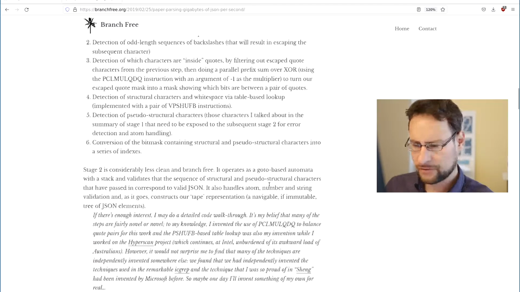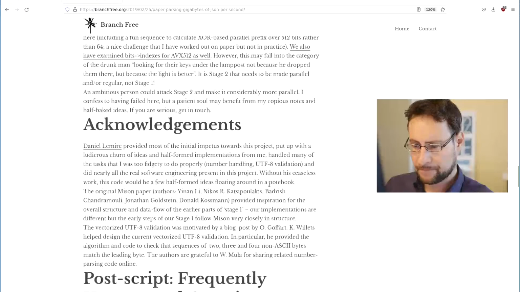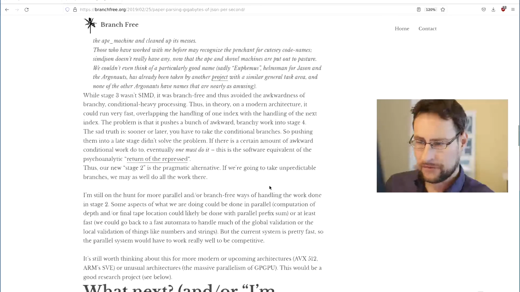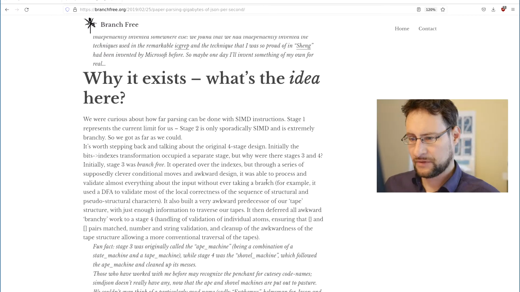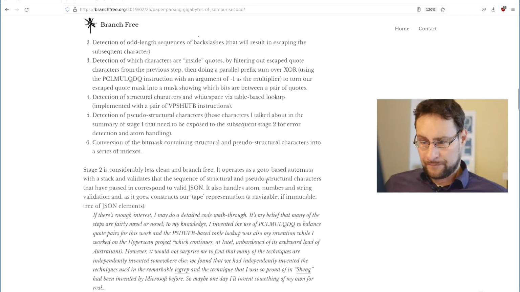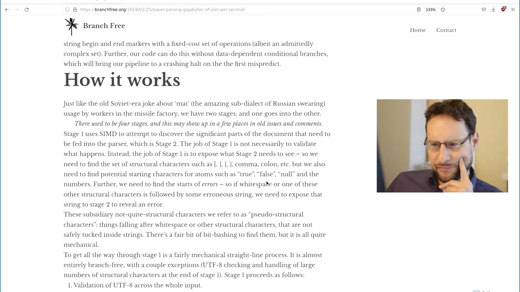How it works. So yeah, extremely little code. Let's maybe see how it works. Let's read this maybe. Four stages, measure up, something.